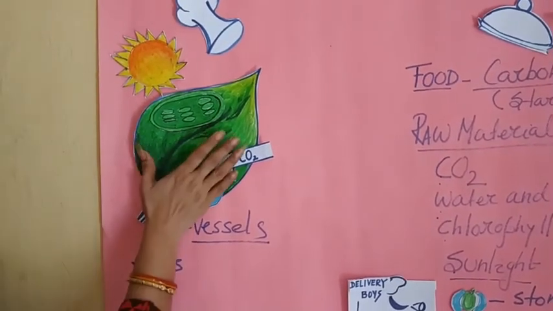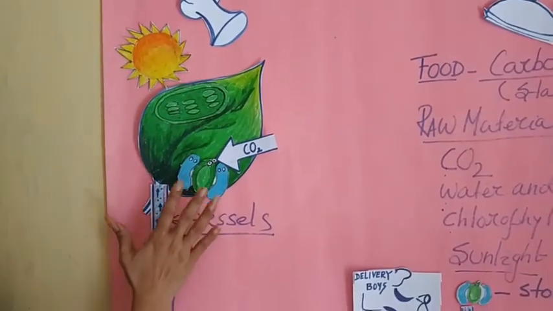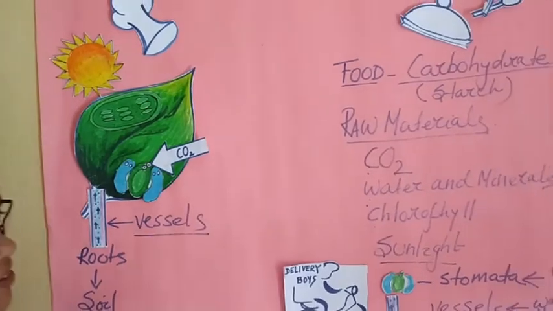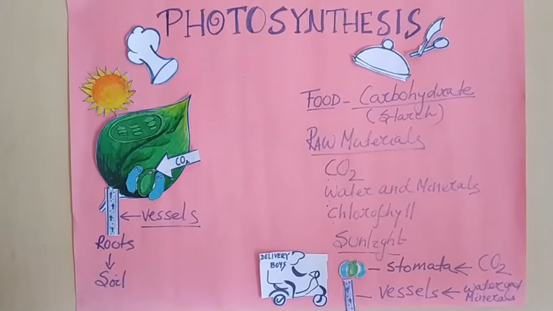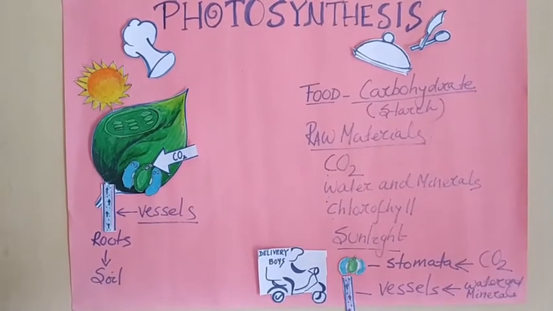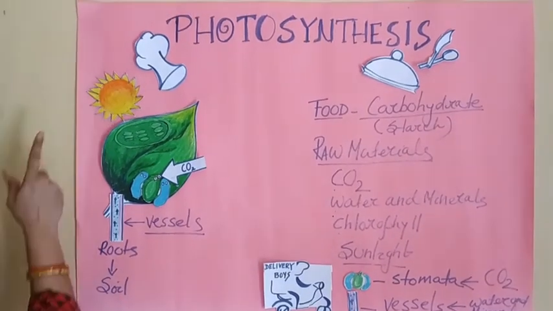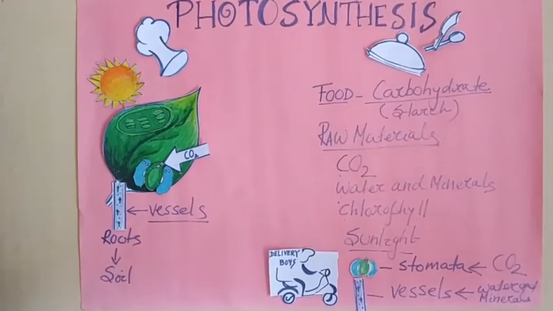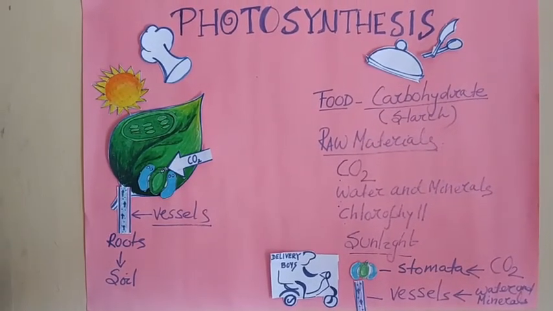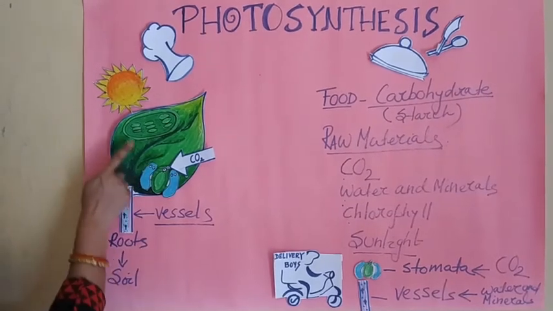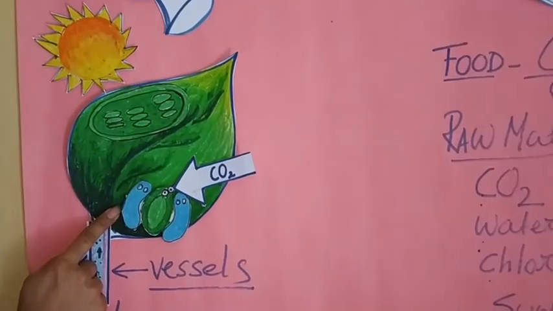So, the leaf is the kitchen. It has all the ingredients. Now it will prepare the food in the form of carbohydrate, and that food we consume. See how amazing nature is, and what an amazing kitchen nature has, and how it uses the raw materials and the energy from the sun. As at home, we have gas burners or microwaves and use heat energy, LPG energy, to cook food, in the same way the leaf cooks the food with the help of the sun's energy. So this is how the process of photosynthesis occurs.